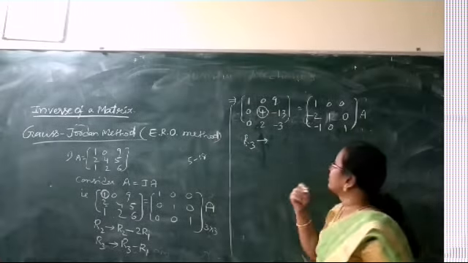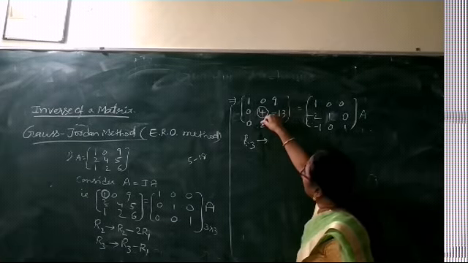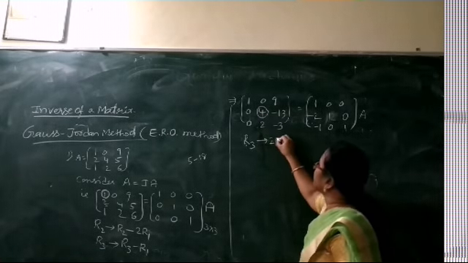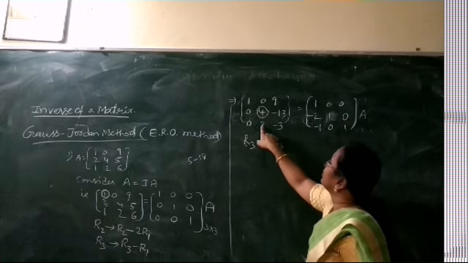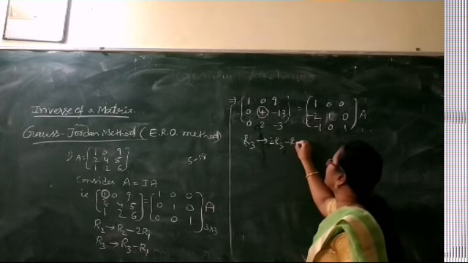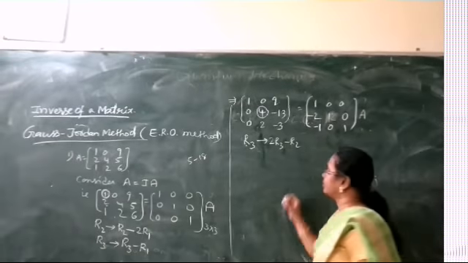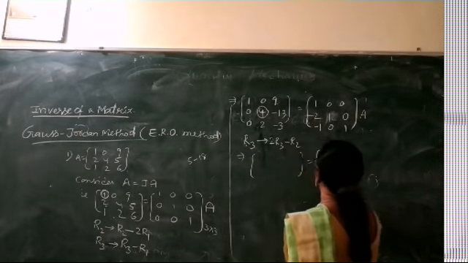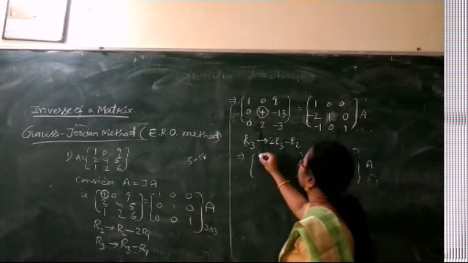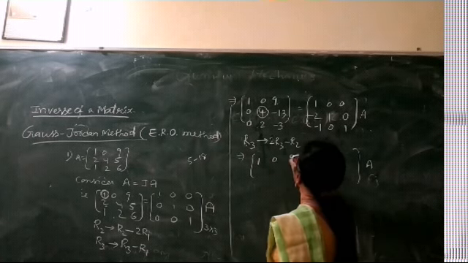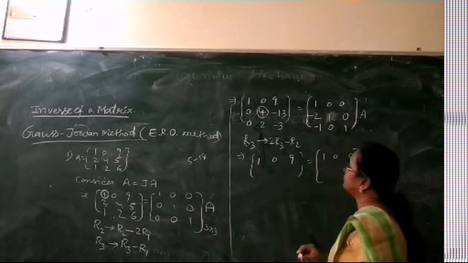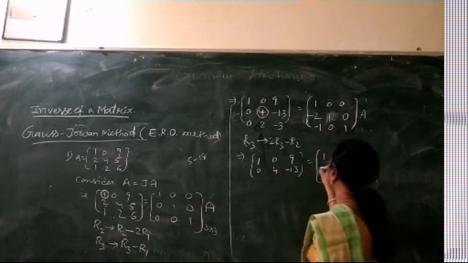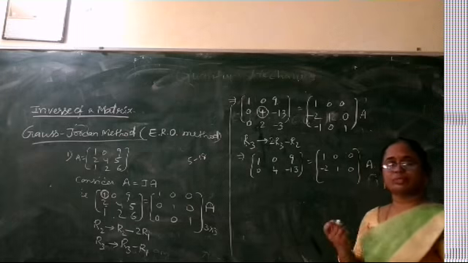So R3 implies, in order to use this 4, to make it 4, I am multiplying this row 3 by 2. So 2R3 becomes 4 here, minus 4, it is minus R2. Only one row operation, applying this over both the left and right hand sides. The left hand side: first row 1, 0, 0, the same. Second row, it does not change. So 0, 4 minus 1, 3 minus 2, 1, 0 the same.